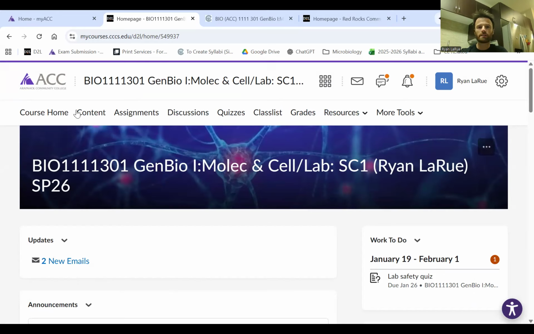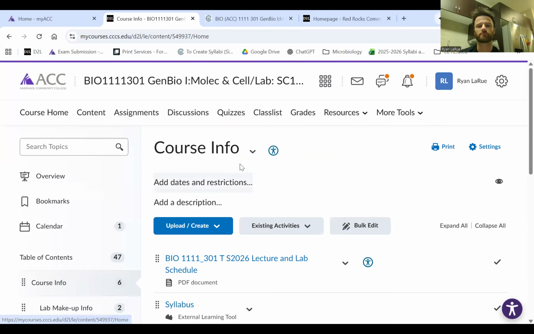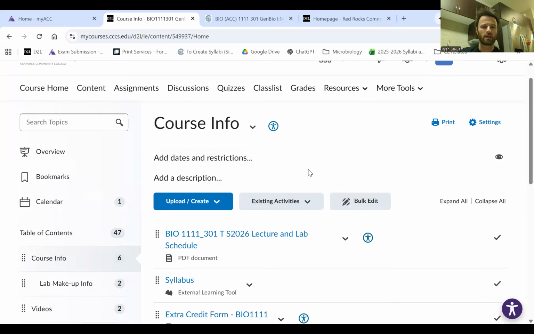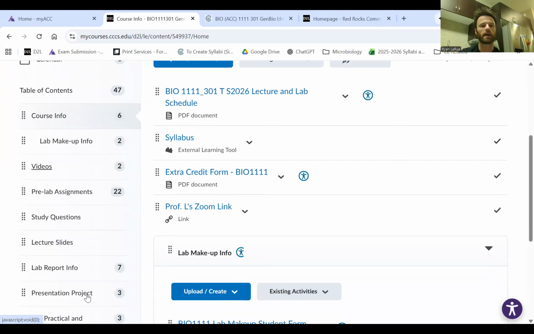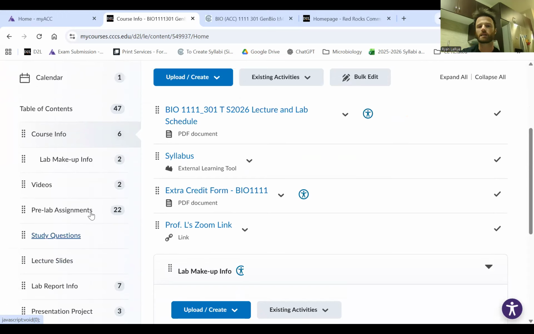There's a bunch of links at the top, and I'll go ahead and show you one of the more important links, the one that you'll probably be clicking on the most, which is content. So if I click content, it takes me here, and there's a bunch of tabs here on the left.